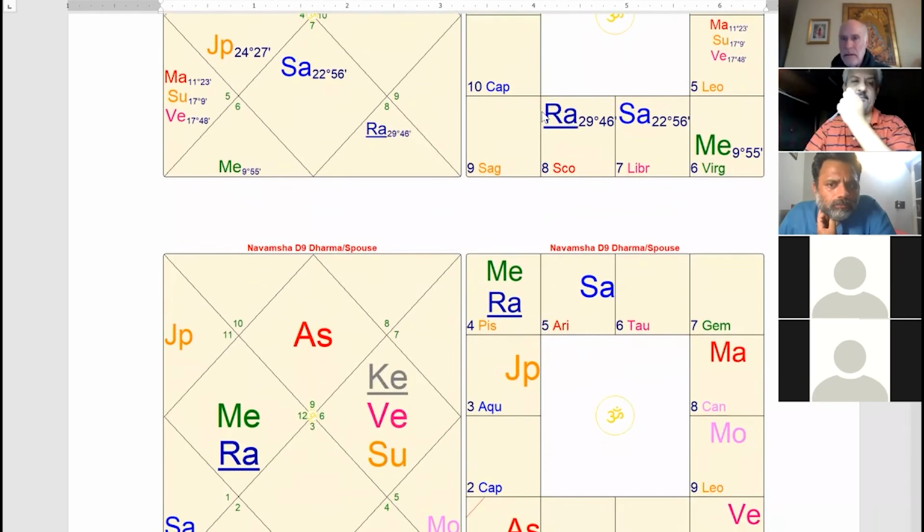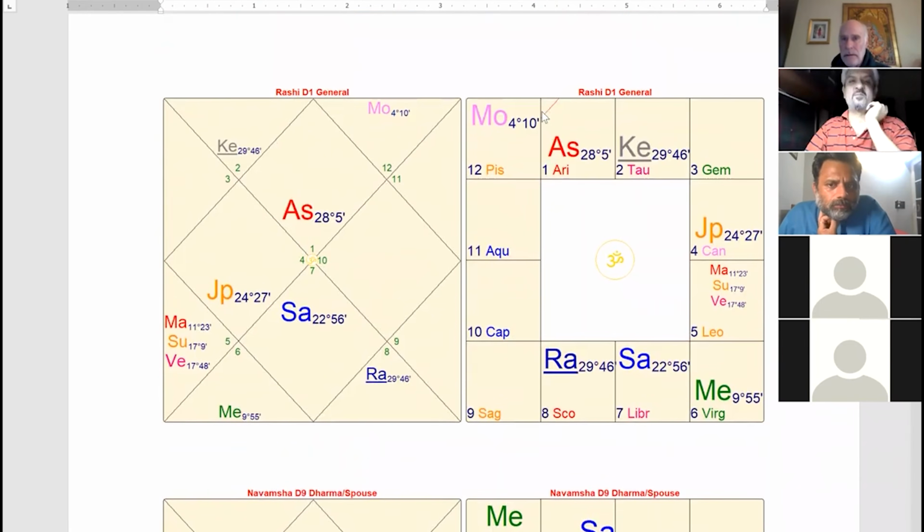Mark, the one other thing on this is that the sequence of dashas is really, really unique, right? After Mercury, it's Ketu. Ketu gives results of Venus, followed by Sun. So you have a really good sequence of good 30, almost 40 years, and all combined in good yogas. Yeah, this is an exceptional person. Actually, one of the finest people that I know, and just in terms of the quality of the person, the quality of their soul, and what they've been all about in their life, and what they've done with their life, and it's just really, really admirable. And so they have, Mark, the birth chart to go with it.